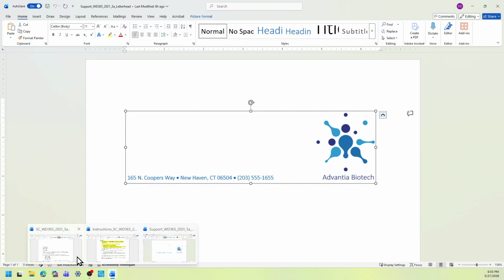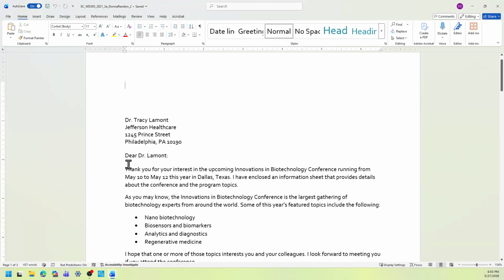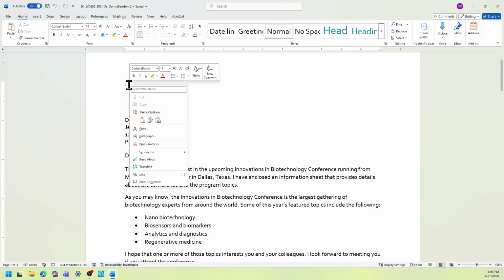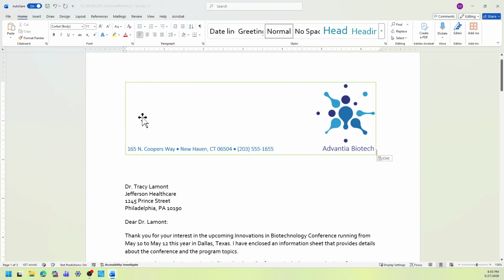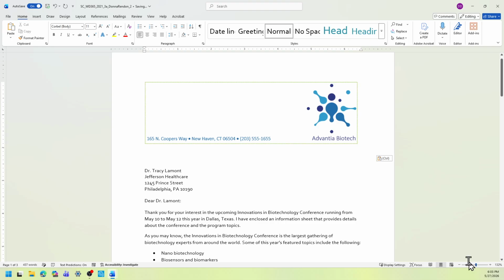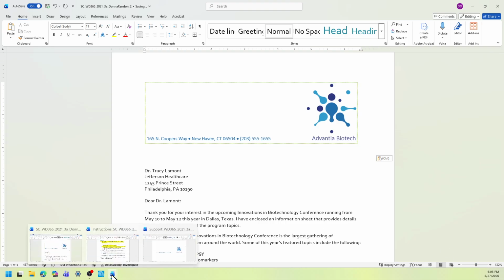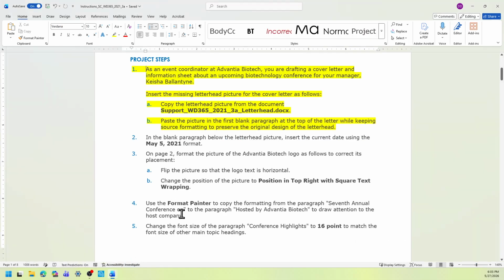And then go to your start file and make sure you're in the first blank paragraph. And then you can select home, paste, or you can right click and then paste. Okay, so I'm going to make it smaller. So then we're going to step 2.